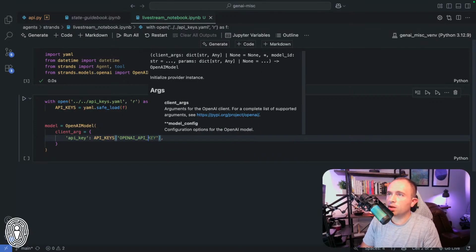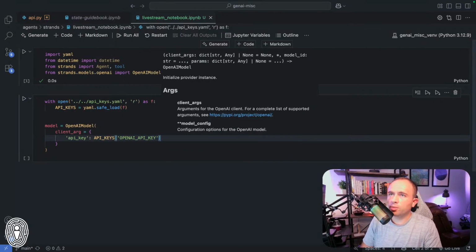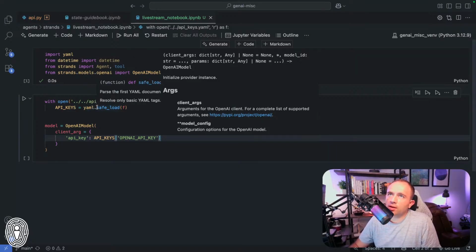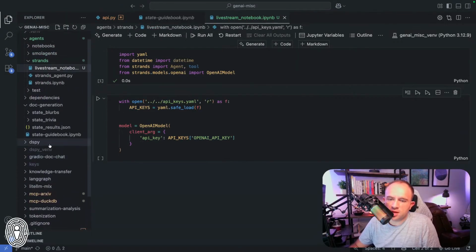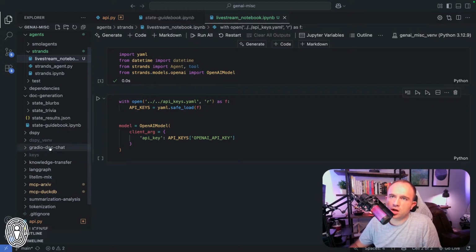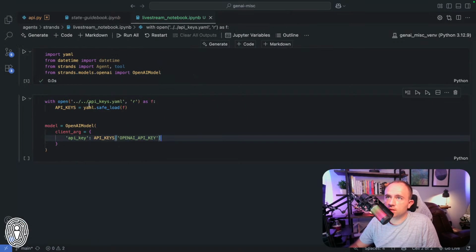Again, for my purposes, I am keeping my API keys in a local file, and I am using a gitignore file to intentionally not push up these keys. You can see here my API key is stored in this grayed out directory, and the reason it's grayed out is because I've intentionally had my gitignore file not push that up. All right, so let's close that down.